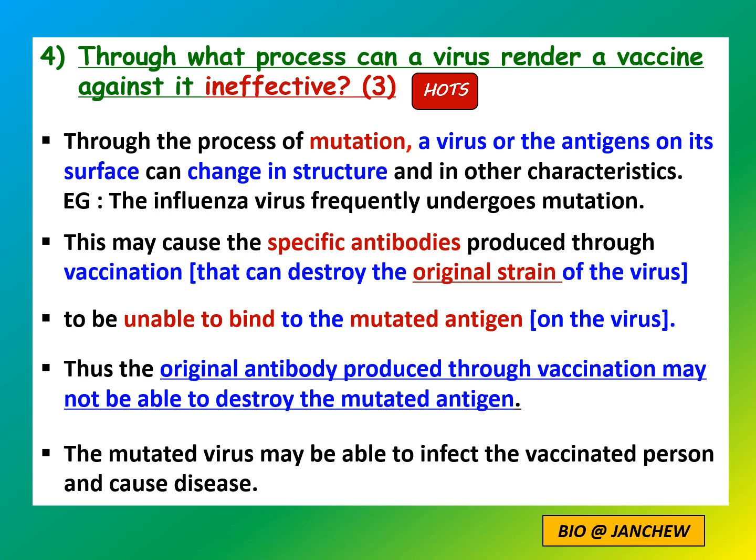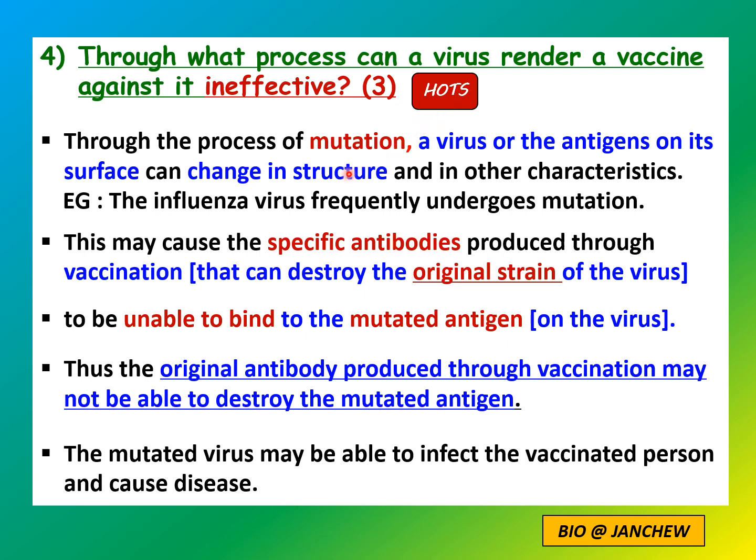Next question. Through what process can a virus render a vaccine against it ineffective? Through what process can a virus make the vaccine that's supposed to work against it become ineffective? Okay, so we are at war with the virus, with the COVID-19 virus, for example. So we try to produce a vaccine, but the virus has something up its sleeve, and that is the process